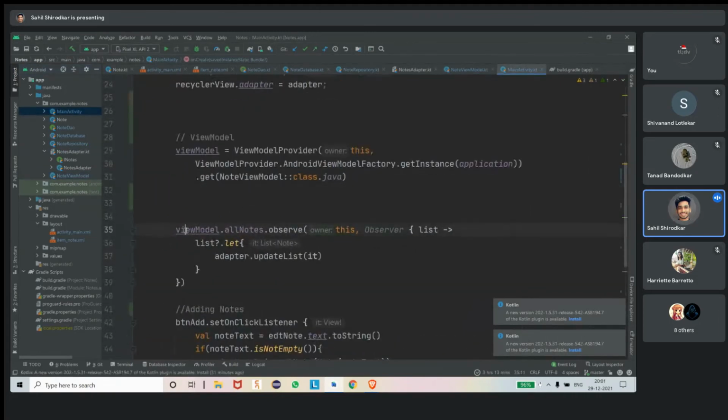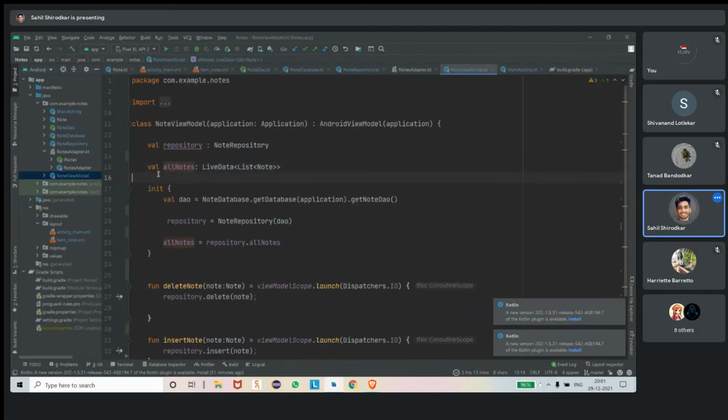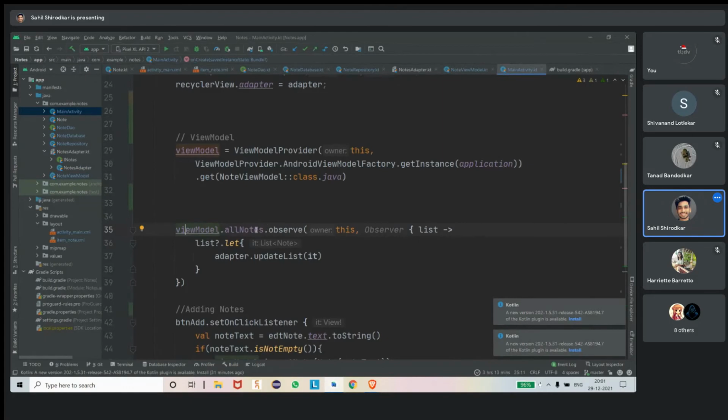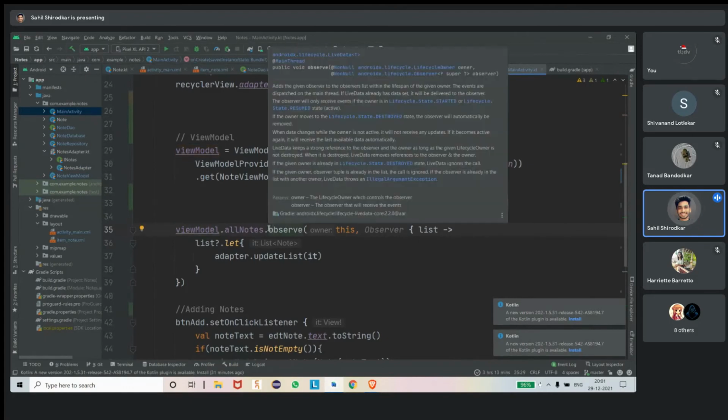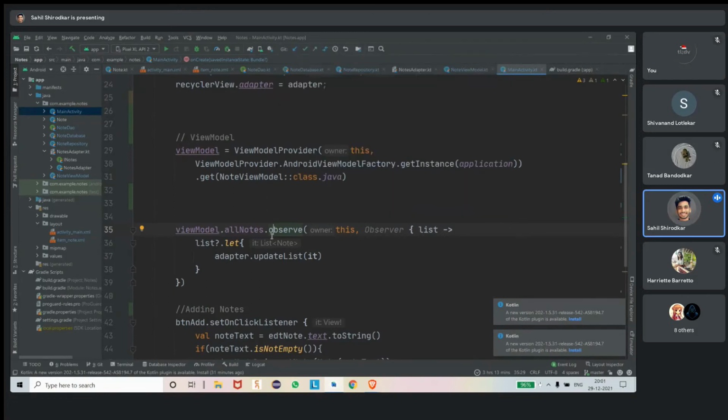You guys can see view model dot all nodes. Here we are calling repository dot all nodes dot observe. Because we made it live data, that's why we are calling dot observe.